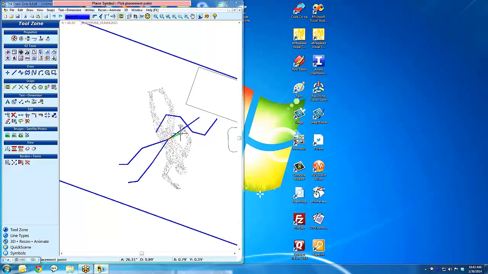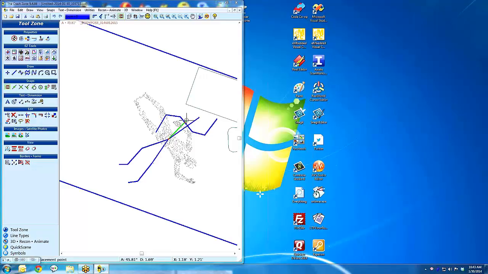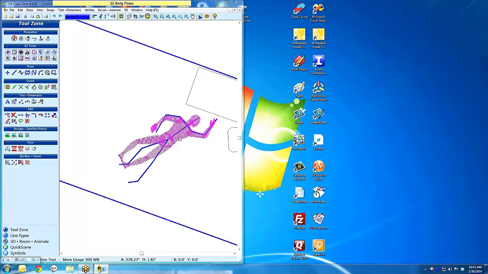And so this isn't really a point cloud demo. This is the body poser demo, but I want you to see how it works. I snap to the center of the body at the center of the waist, and I'm going to get the tip of the head right about there. So it's obviously messed up here, but pretty close there. If you just double click on the same body,